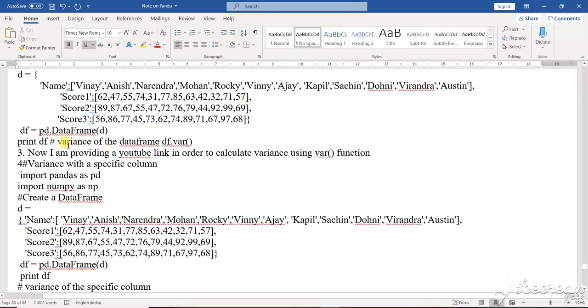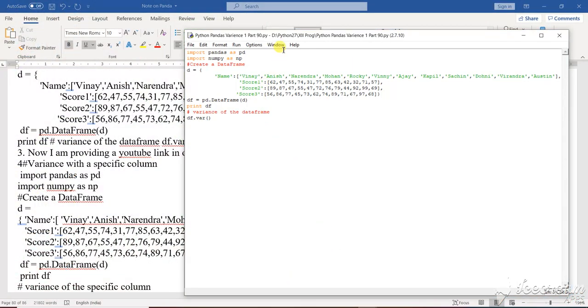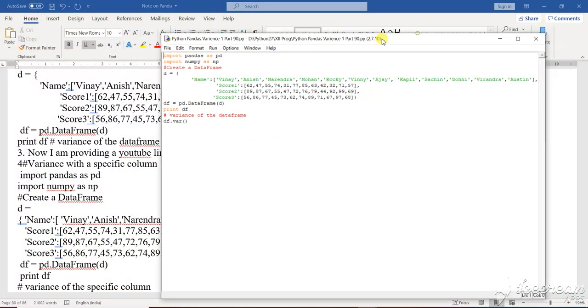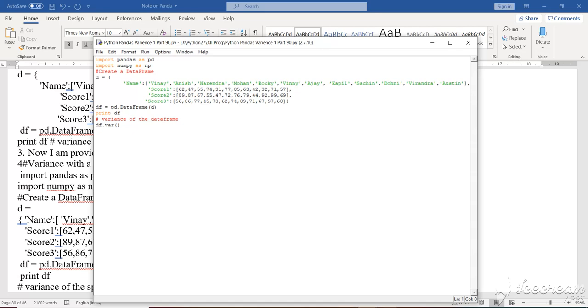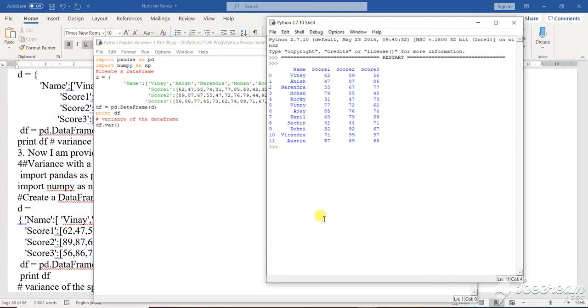Say df variance. With df variance, you will see the particular structure of it, and the variance as I have done for it. But as I haven't specified here what to show the variance of.